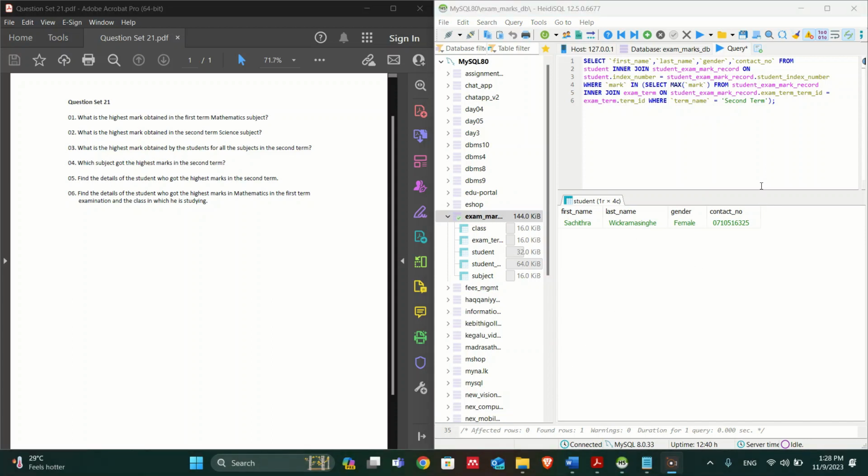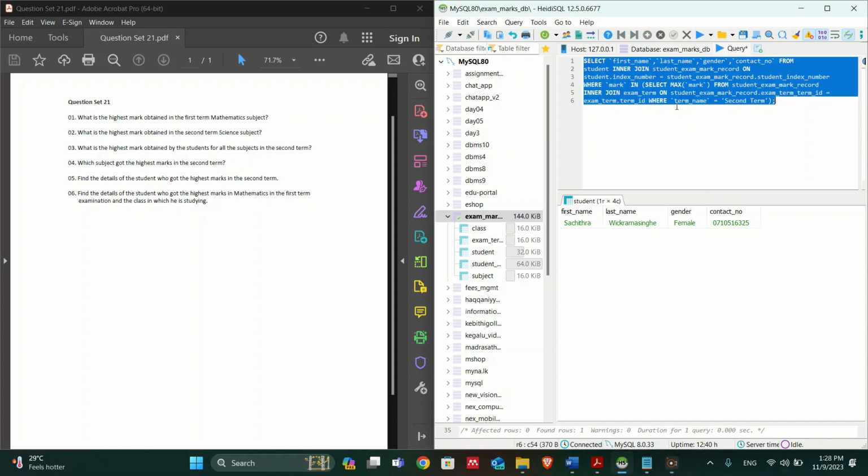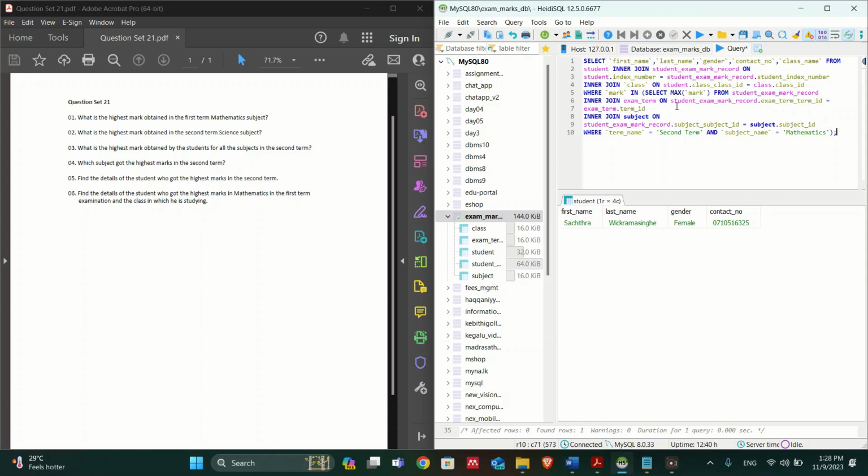Now let's go to the sixth question. Find the details of the student who got the highest mark in mathematics in the first term examination, and the class which he is studying. Alright, so I'm going to paste the query which I've already written. From this we are going to select the first name, last name, gender and contact number. Since the student table doesn't have a column called class name, we have a class ID column. So we are going to inner join it with the class table,